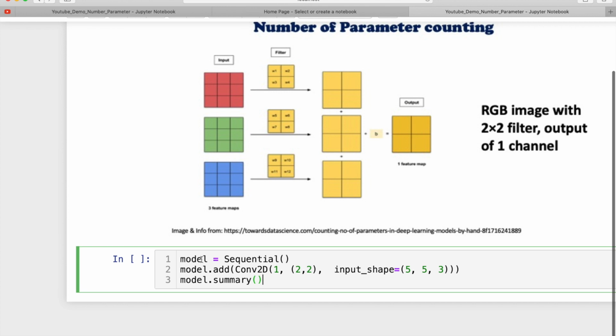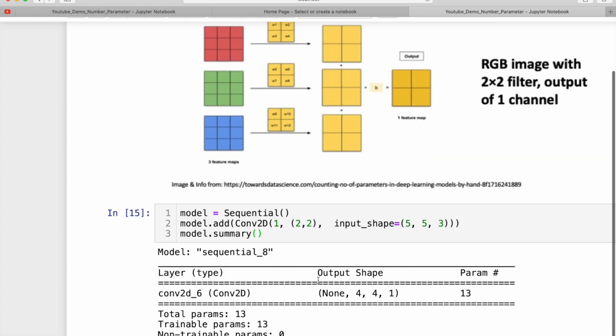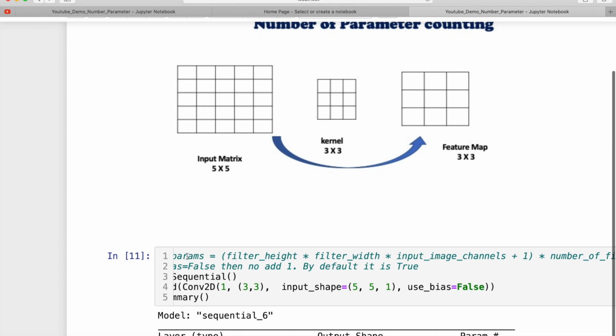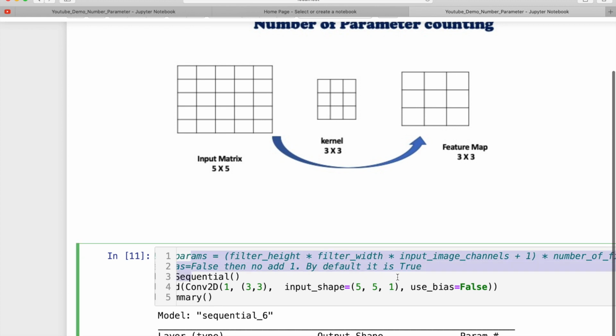Let me check whether 13 is coming or not. So it is 13, right? Simple. 4, 4, 4, 2 into 2 is 4, this 3, 12 plus 1. So everything I am doing with this formula. This formula is important. You just consider this formula.